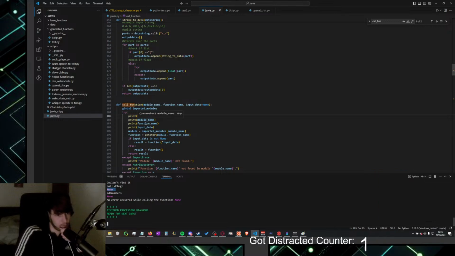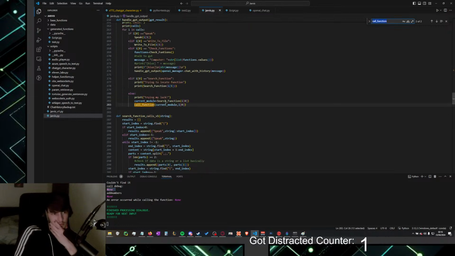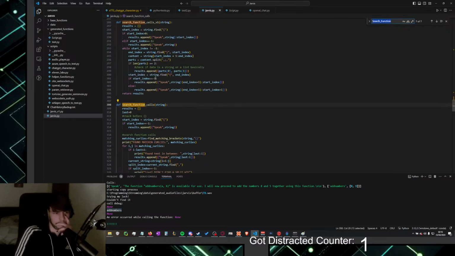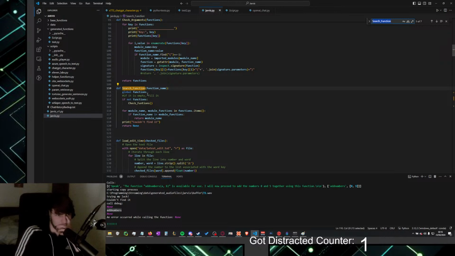We don't have a module name. Why do we not have a module name? It should get a module name from search for, oh. Oh, does that search within the... Yep, it does. Fuck.